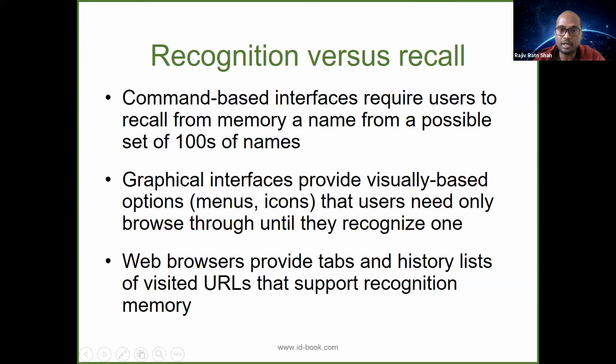Right. So in this way, you can consider recognition in your system as providing some kind of visual interface, like menus, options, and icons, through which users can recognize things, instead of giving them the mental load of having to type things out. And often typing may also cause mistakes, right? You may type wrongly for several reasons.